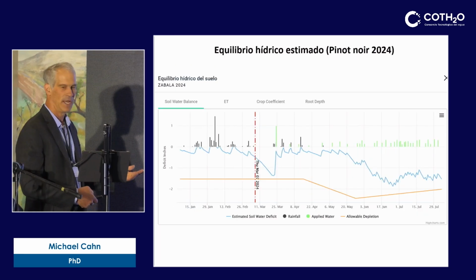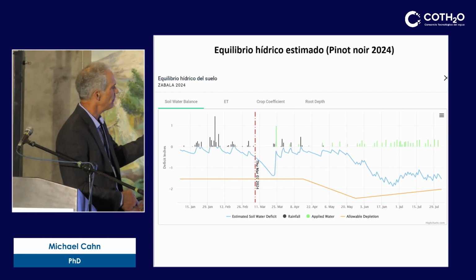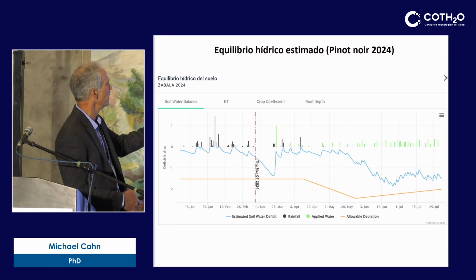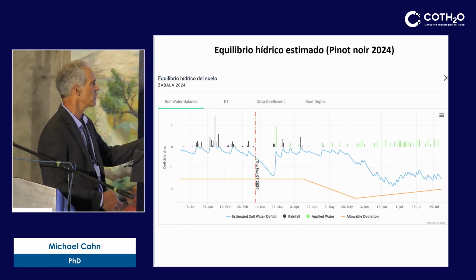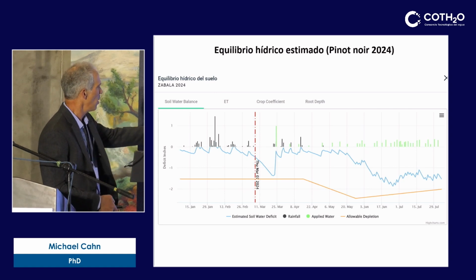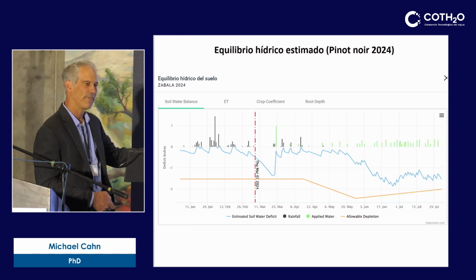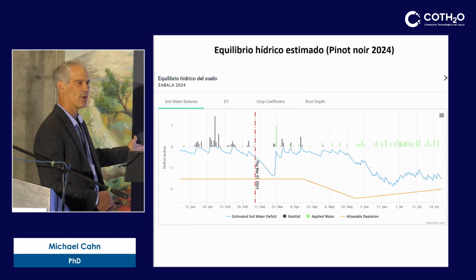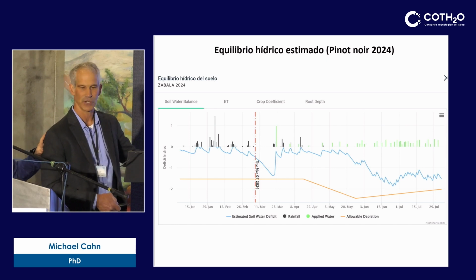And we have a visualization of what we call the soil water balance. And so this is just showing, all the black lines represent rainfall events all the way back into our winter months. And so we can estimate how much soil moisture